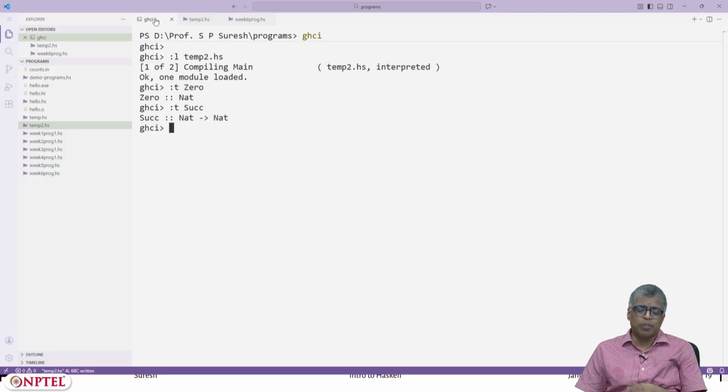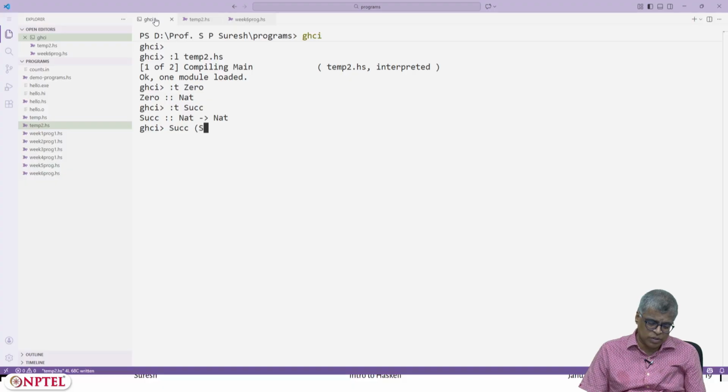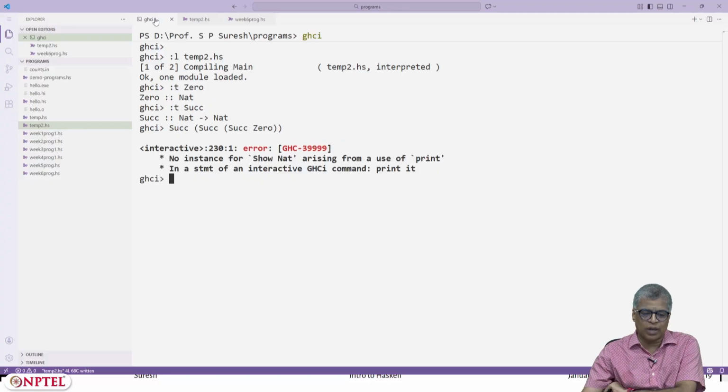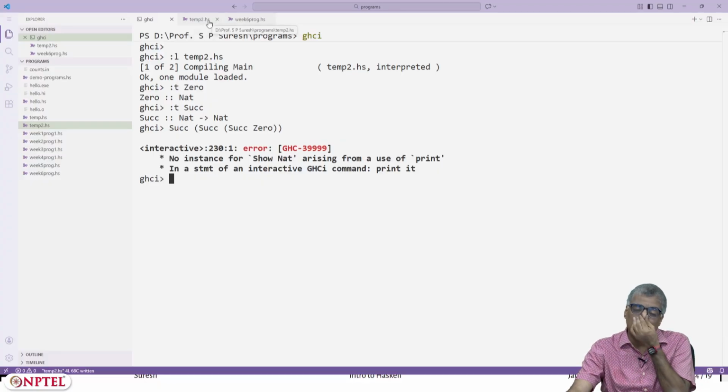Now it's a little bit painful to write a natural number because I have to write Successor of 0, and what do we expect the result to be? We expect to get an error because Nat has not been defined to be an instance of Show. So you have to first say deriving Show, then you have to also say deriving Eq if you want to actually use the equality relation on natural numbers.